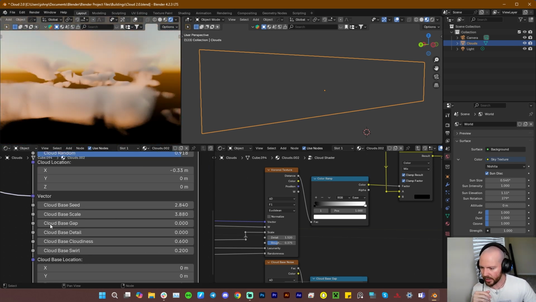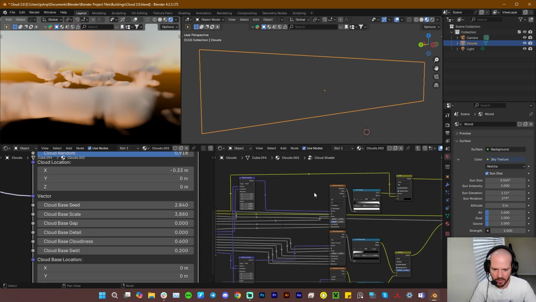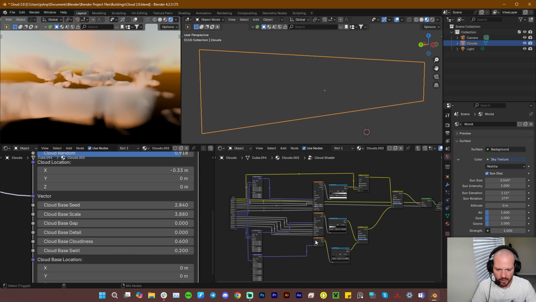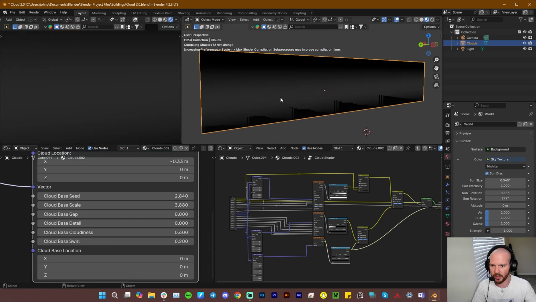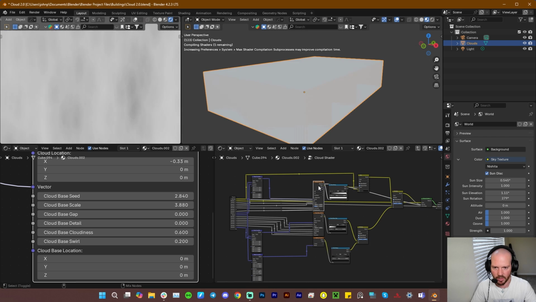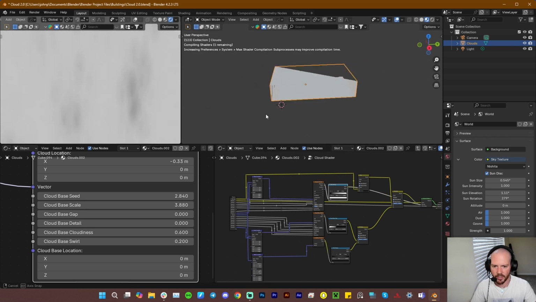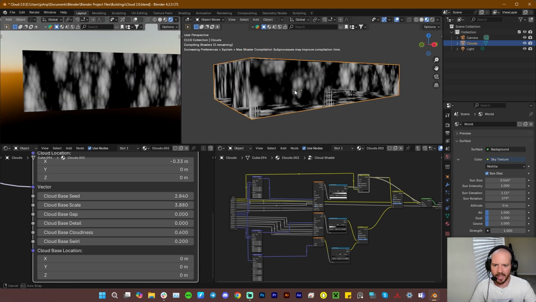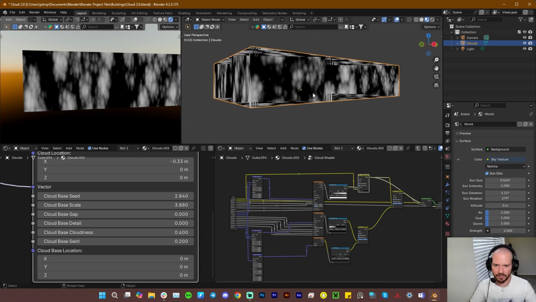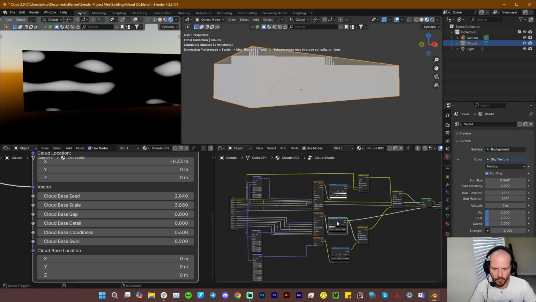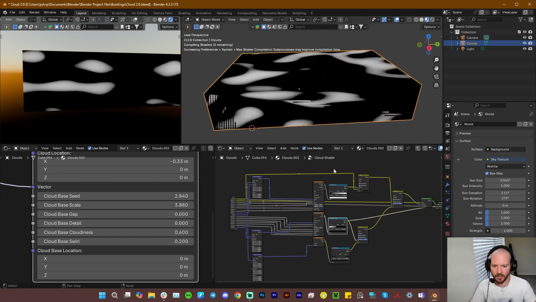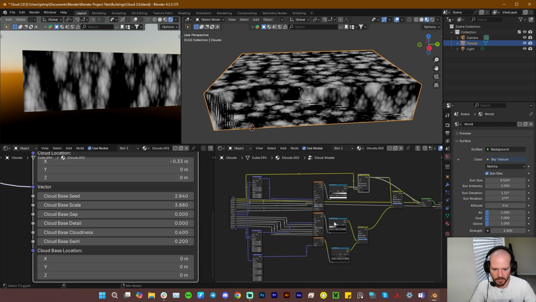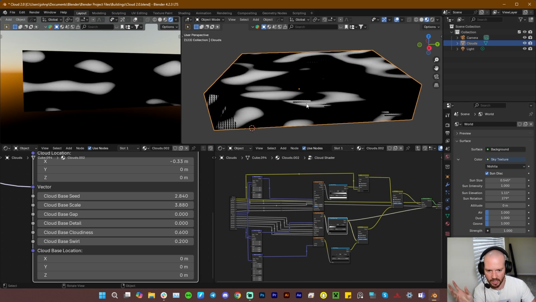Just wanted to go over the new things that I added, which is a cloud base seed. Just to show you what the difference is, it used to just be one noise texture and one gradient texture. So this gradient texture here in the middle is masking out this noise texture right here. And this noise texture is what's adding in those colors, which it actually looks like this. And I wanted to include another mask that tells this mask where it's allowed to show up. So now we get control over a base shape and then alternate control over the density and complexity